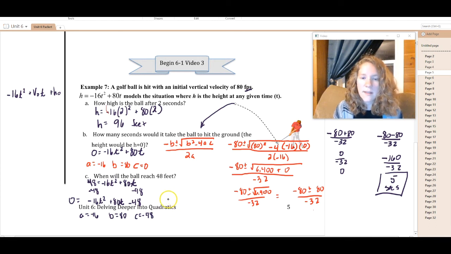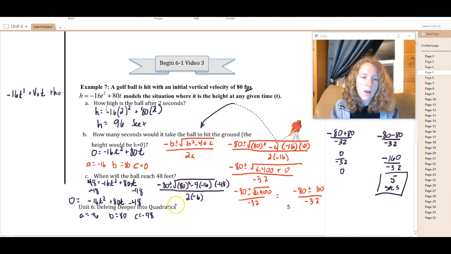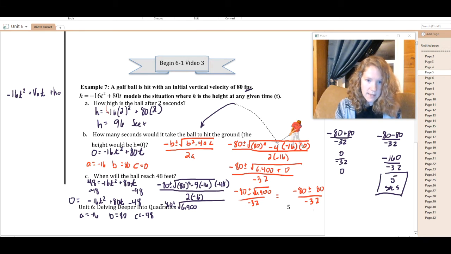I'm going to go through this kind of quickly because you've seen quite a few of these at this point. Negative B means negative 80 plus or minus the square root of B squared, which is 80 squared, minus 4 times A, which is negative 16, times C, which is negative 48. All over 2a, which is 2 times negative 16. All right, so I've got negative 80 plus or minus the square root of 80 squared, we've already figured out is 6,400. And then negative 4 times negative 16 times negative 48